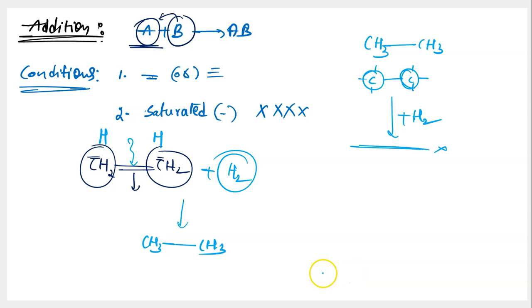So addition reaction is when you add a molecule to unsaturated hydrocarbons and it results in conversion of unsaturated hydrocarbons to saturated hydrocarbons at times. So you can convert unsaturated hydrocarbons into saturated hydrocarbons through this addition reaction. And you can add any simple molecules, like for example, you can add hydrogen. And if you're adding hydrogen, you call the reaction as